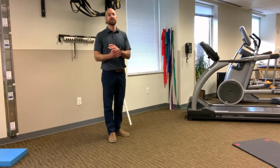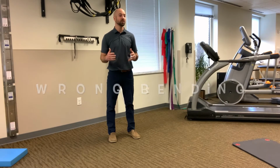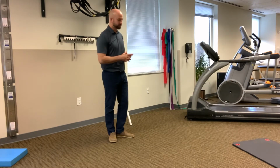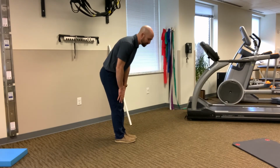So we're talking about low back pain and how people bend wrong. In the last video we looked at what normal looks like. Now let's look at where people go wrong. A classic example again is when people just bend over, but instead of using those hips like